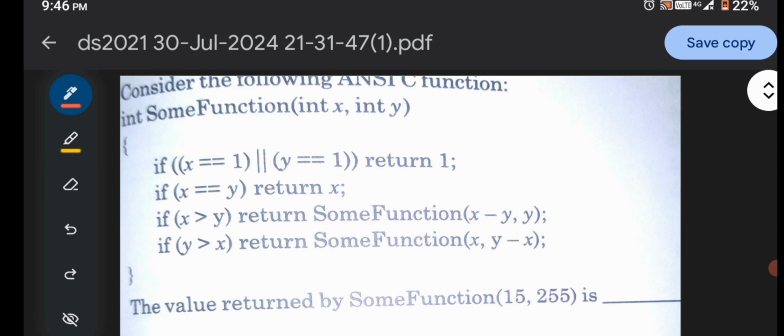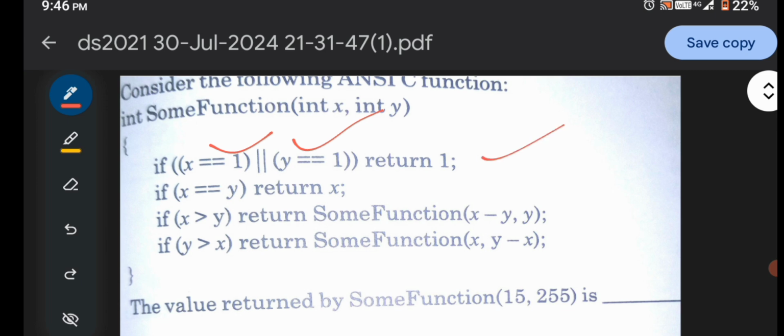Now if we go through the structure of this sum function, you find four if conditions. If the value of x equals 1 or the value of y equals 1, then it returns 1.